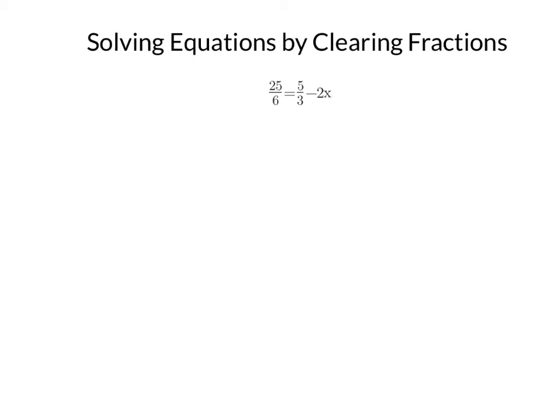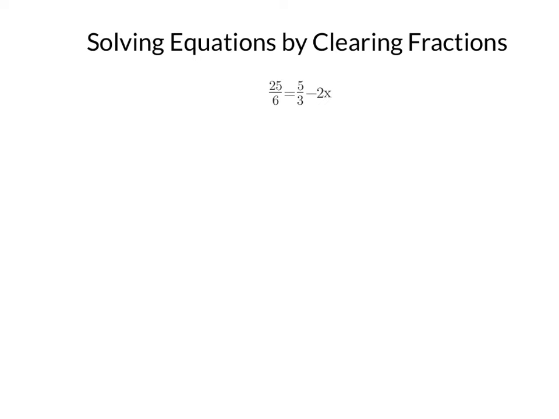I know we've been working with solving rational equations when it looks like a proportion, but I want to take a minute and go back to just solving regular equations and use a strategy called clearing fractions. I want to review this skill so that we can use it when we start solving rational equations that do not look like proportions. So what I want to do, looking at this example, 25/6 equals 5/3 minus 2x, is